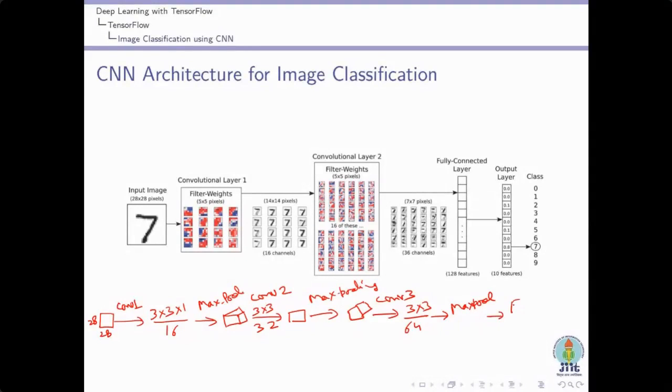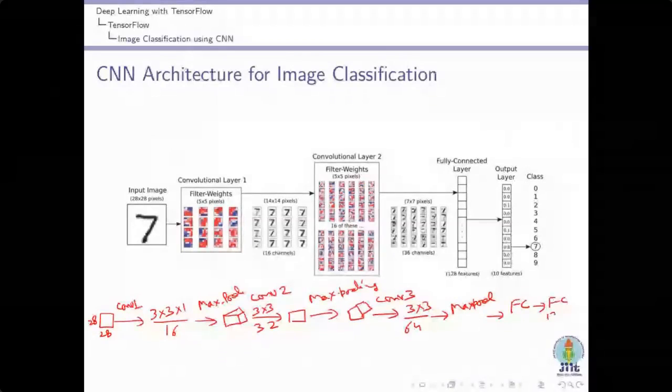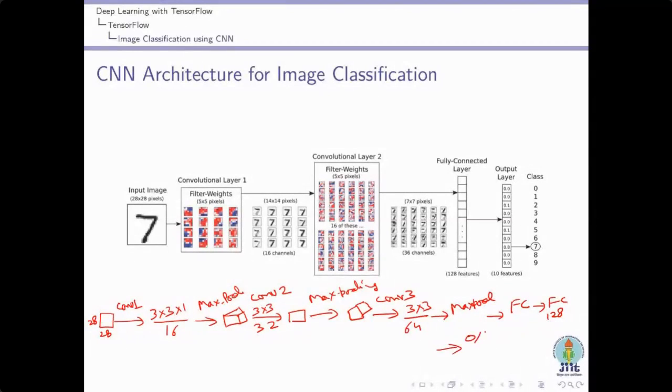That means we will use a fully connected layer. Then we use one more fully connected layer with the flattened data, a fully connected layer with 128 features. Finally we will use the output layer, which will contain the number of classes. Here the number of classes is 10, so there will be a total of 10 neurons.